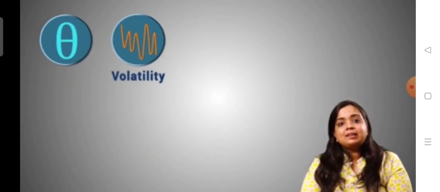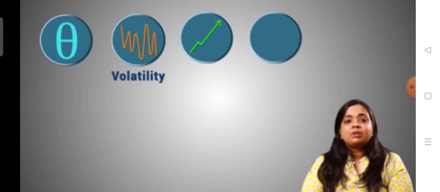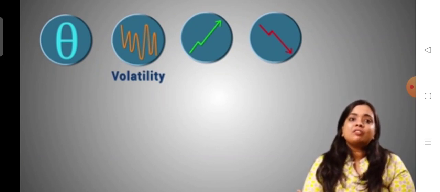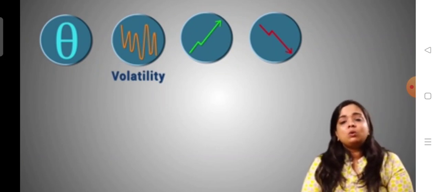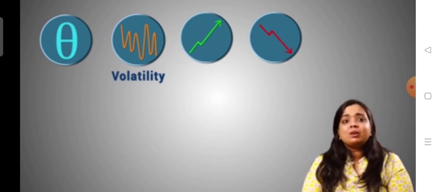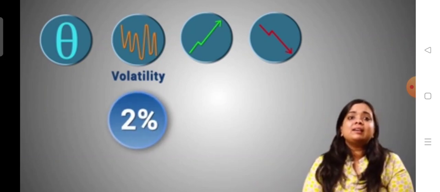Talking of theta decay, volatility, large moves in the market in either direction, and event outcome assessment, getting all of these factors in our favor at one go is a tough job, no doubt about it. Remember, we required the market to move 2% or higher in any direction for us to get a profitable trade.